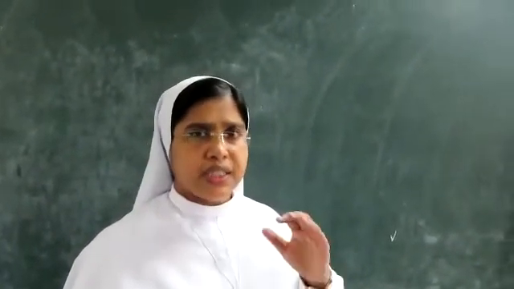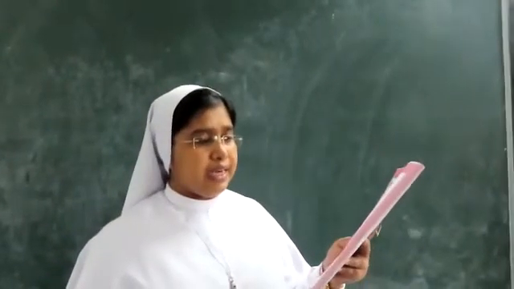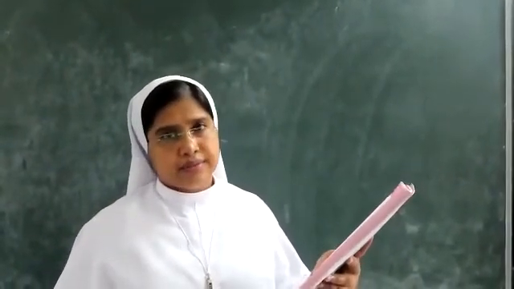Keep in mind that there are different types of polygons, but a regular polygon means the polygon which has equal angles and equal sides. They are known as regular polygons. Now let's see the problems from the textbook, page number 58. First question is, draw a hexagon of equal sides and unequal angles.